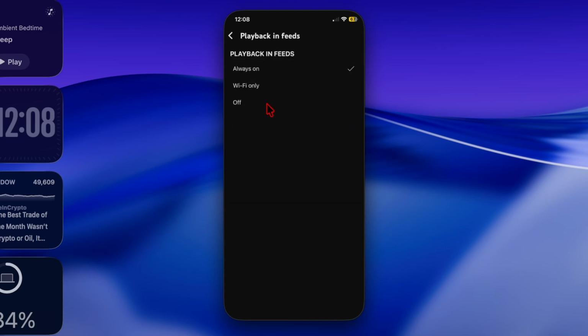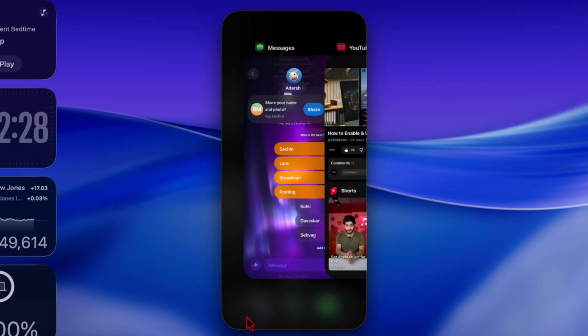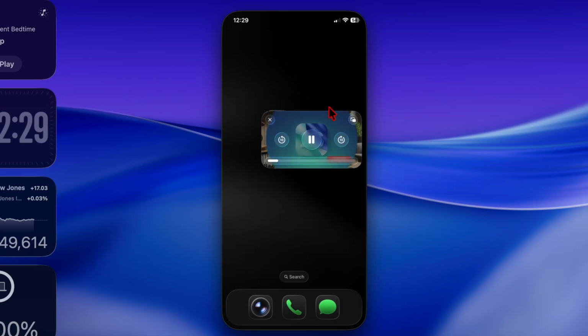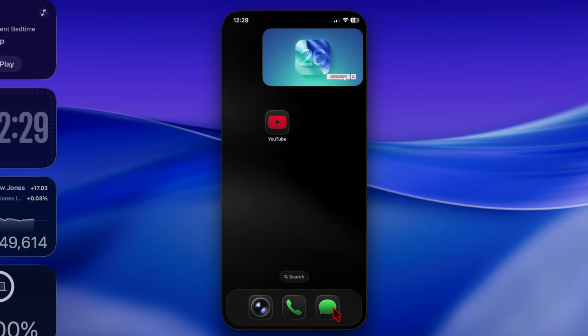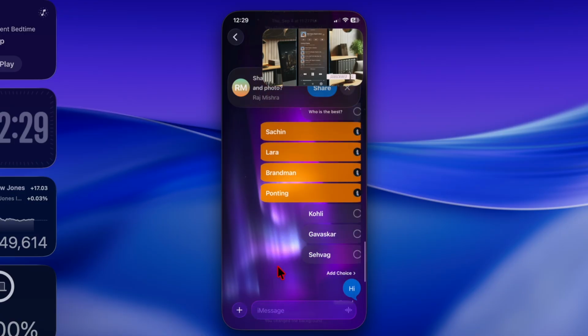And that's about it. Disabling playback in feeds on YouTube is a pretty simple trick that can make browsing more peaceful and focused. Once turned off, videos will only play when you tap on them, giving you more control over what you watch. So explore more settings like this to fully personalize your app and enjoy a smoother, distraction-free experience on